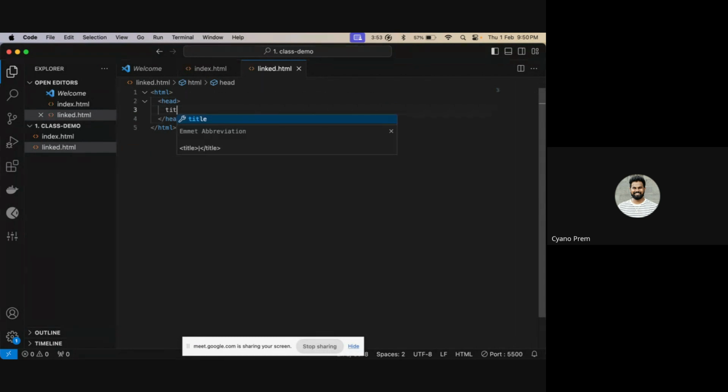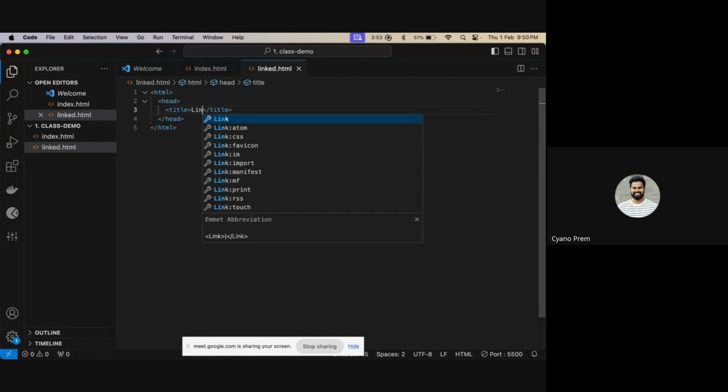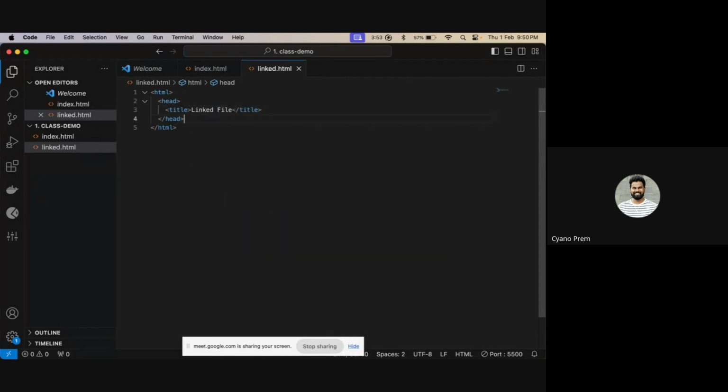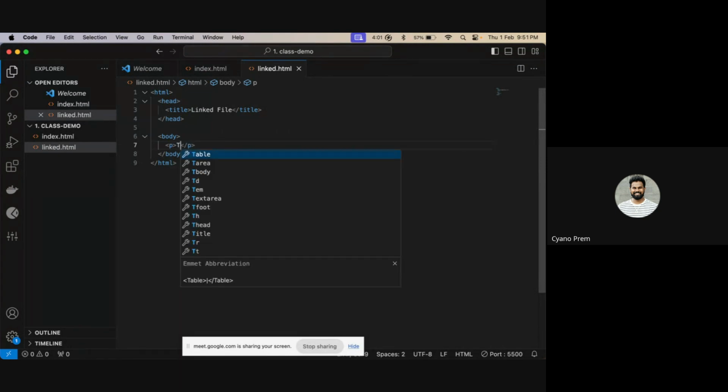Inside head I'll give some title. This is called the linked file, and after the head I'll give a body, and I'll give a p tag called this is linked file.